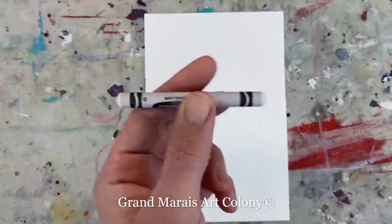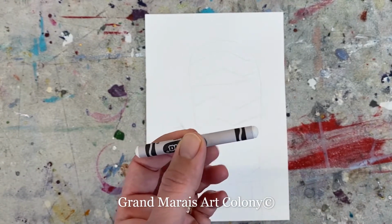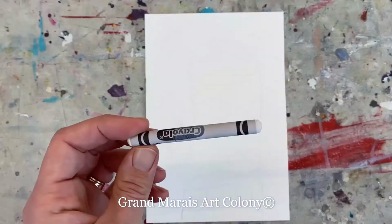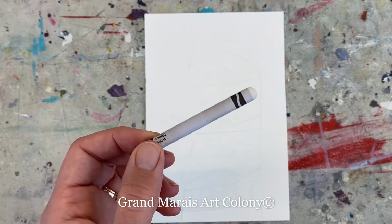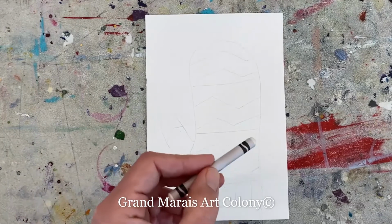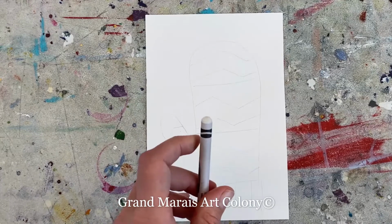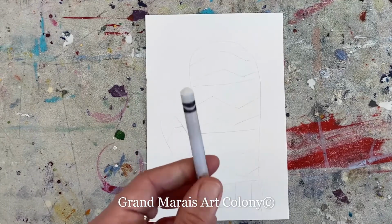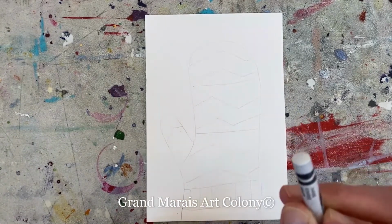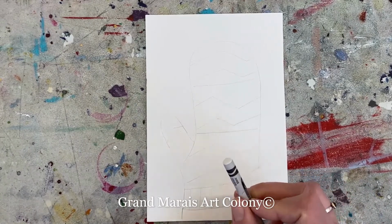Now I'm going to take our special supply this week, which is a crayon, and it's a white crayon. And a crayon is made out of wax, and water does not like wax. So what we're doing with this crayon is making a wax resist. And it's kind of cool because when I draw with this, the watercolor won't spread over it. And you'll see what I mean. So what we're going to do is trace over everything that you just drew with your white crayon. If for some reason you don't have a white crayon, any crayon will work, but I like white for this